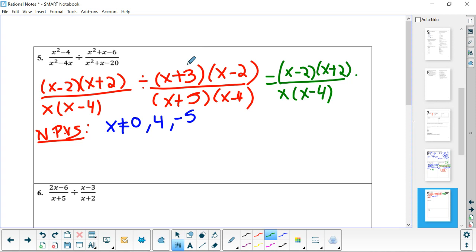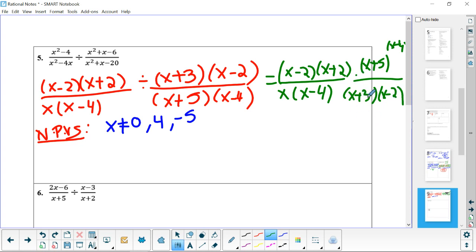Means I'm going to take the reciprocal of the second part of the rational expression. So this becomes x plus 5 into x minus 4 divided by x plus 3 into x minus 2. Okay,